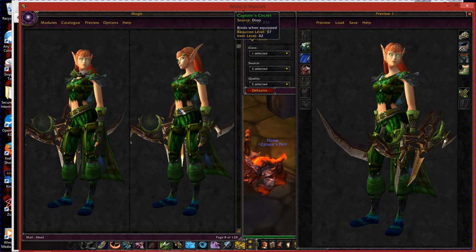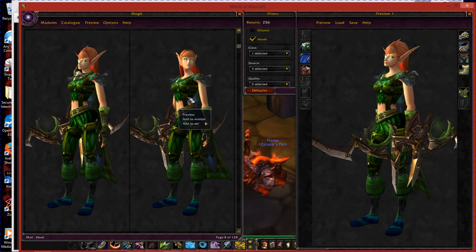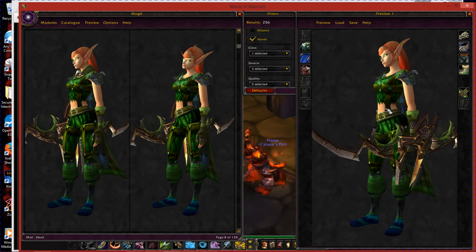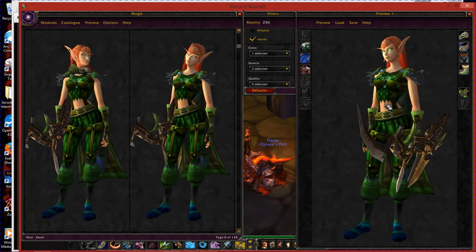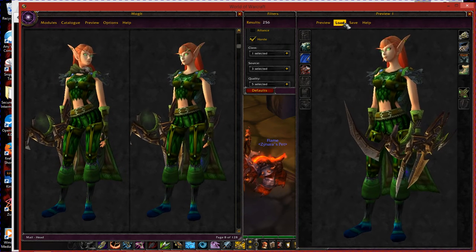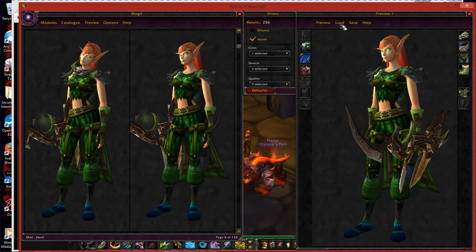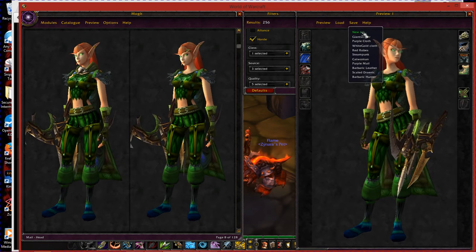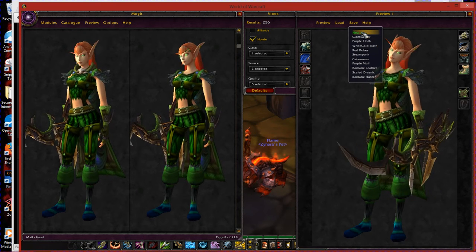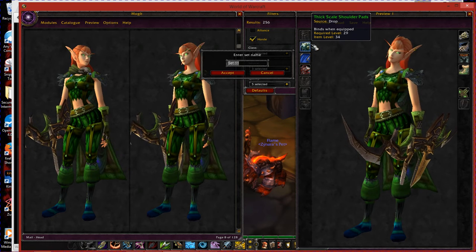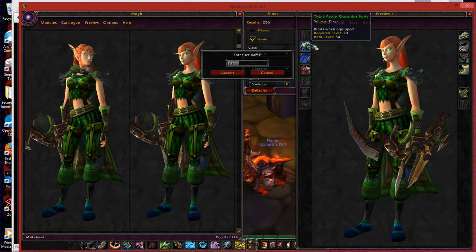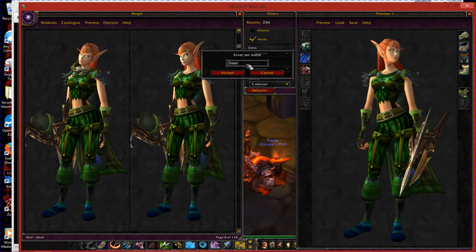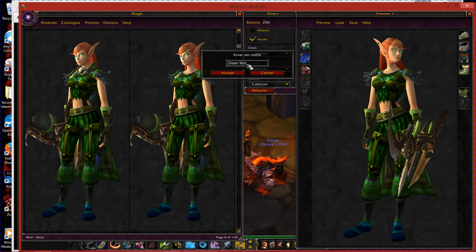But again, it's the same thing. If you find something you like, you right click, you hit preview, put it over here. Now, you've got the items that you want. You want to save it so you can look at it later as you're questing, or doing your leatherworking or blacksmithing or whatever you happen to be doing. So you hit save. You click on new set, and you put in a name. For this name, I'm going to call it Green Male. Green because that is obviously the color, male so that I know it is for my hunter.